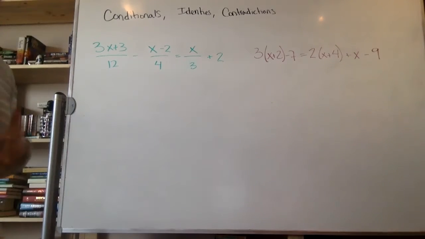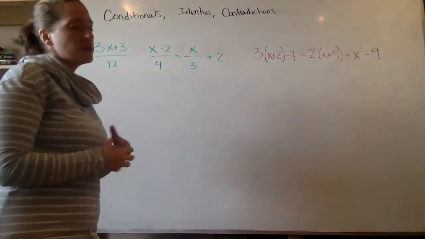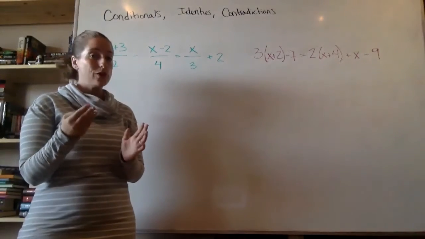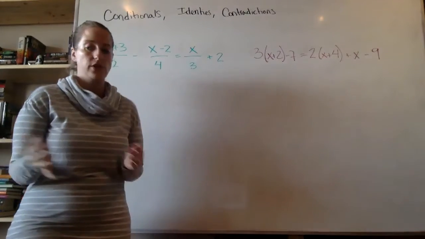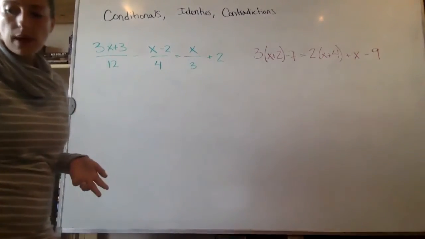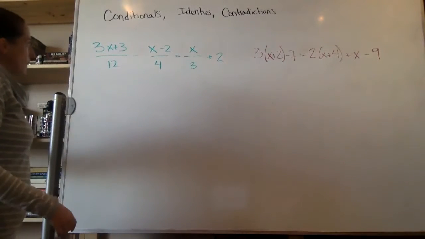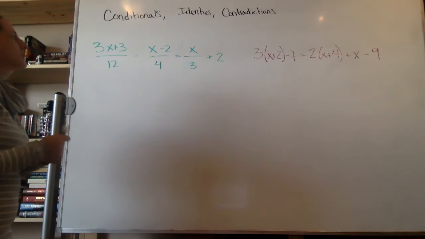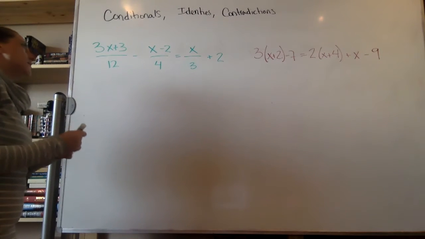All right, so now we're going to talk about when linear equations in one variable have one solution, no solutions, or infinitely many, or all the solutions. To do that, I've got two examples up here that I'd like us to work and see what happens. So for this first example, (3x + 3)/12 - (x - 2)/4 = x/3